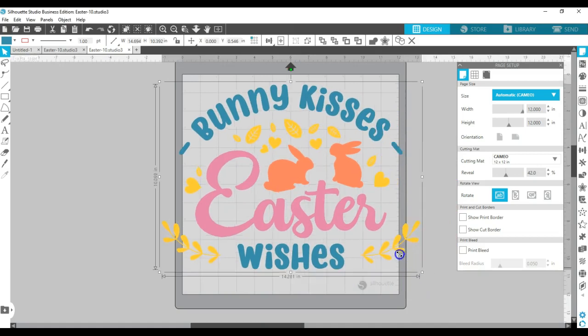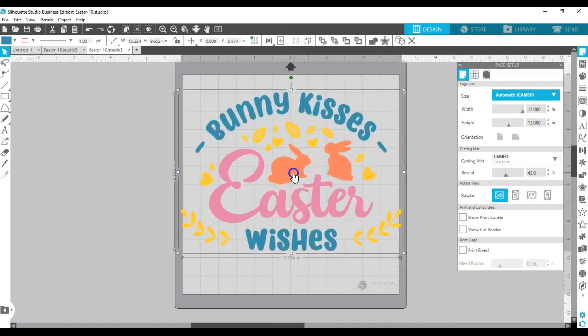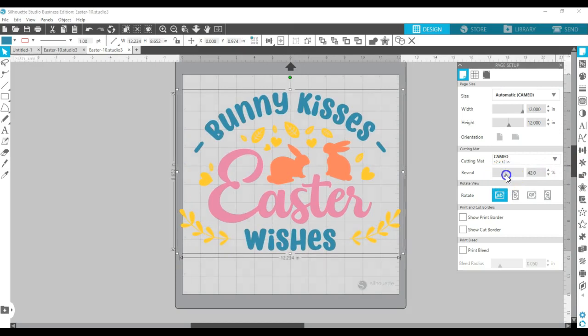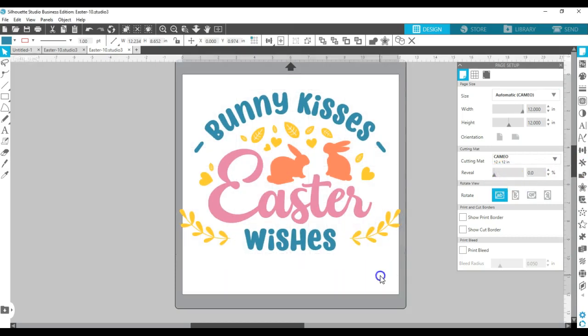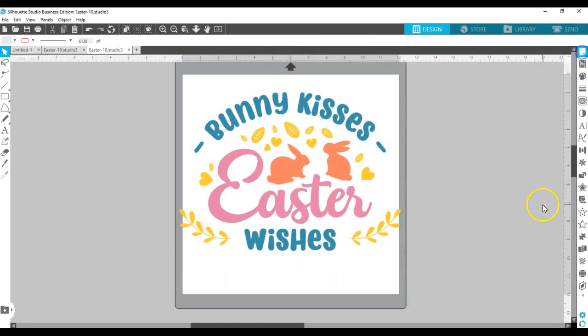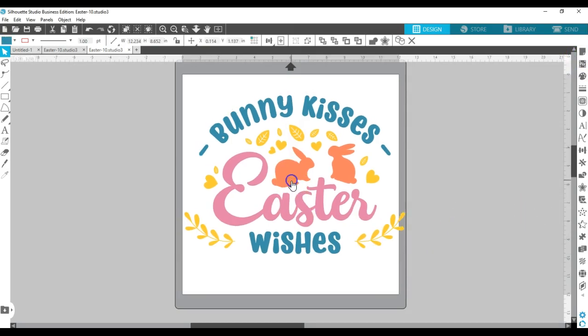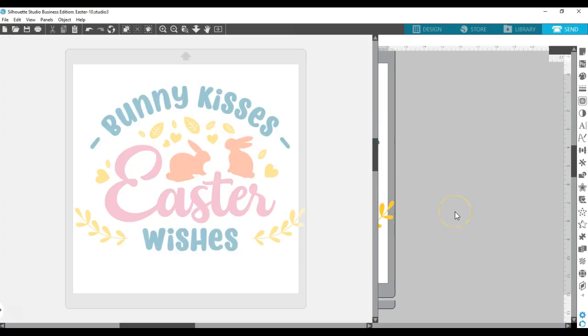Okay, so I'm going to size it down a little bit so you can see what we're working with here. And I'm going to turn my mat white for you so you can get an even better idea. Okay, so now this is our SVG. If I wanted to cut this exactly the way that it is, with exactly the colors that came standard, I would pretty much just go to the send panel,